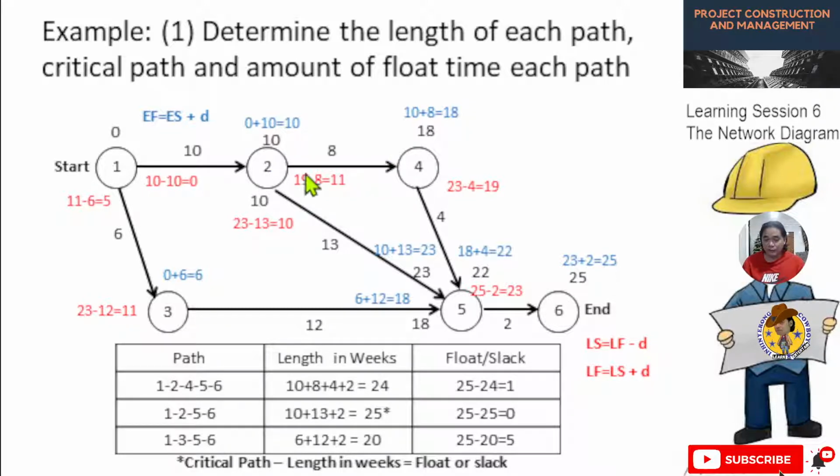So 19 minus 8, the duration, the answer will be 11, or the LS, the last start, will be 11. Now the 11 for this activity will be the last finish